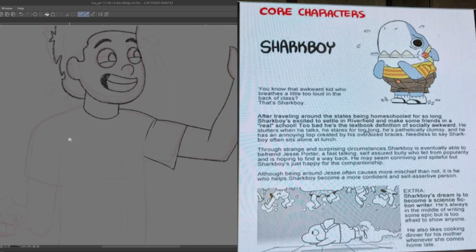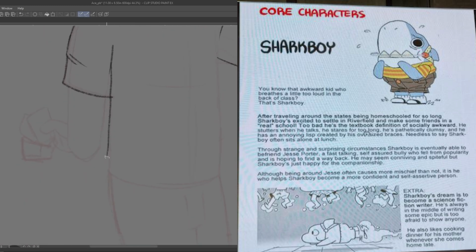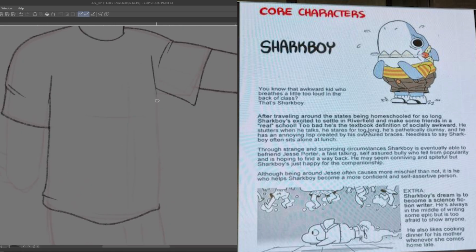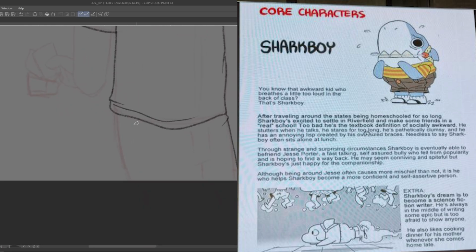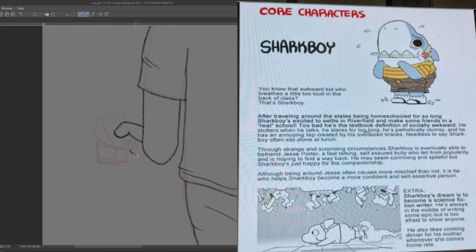And I'm trying to think of what the short backstory of my character would be, why he or she is the way that they are, and most importantly, how they feel. I think those are the three main things that were touched on in this little character page about Shark Boy. And of course,